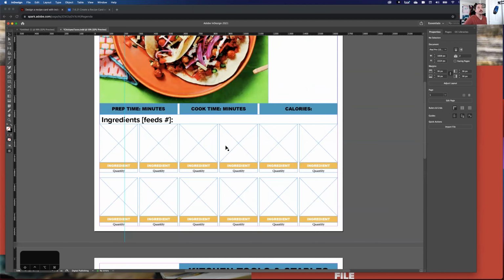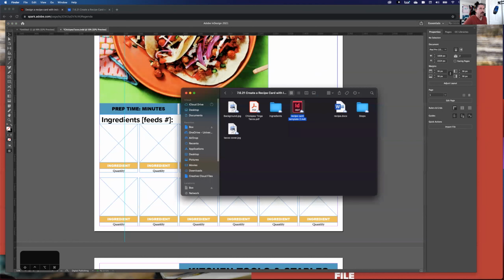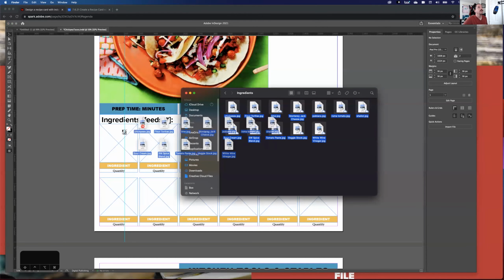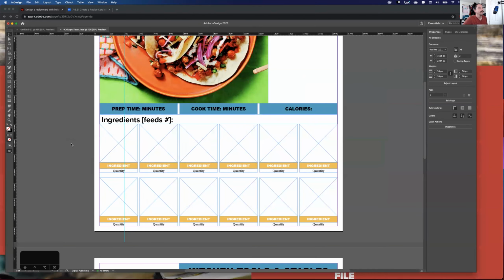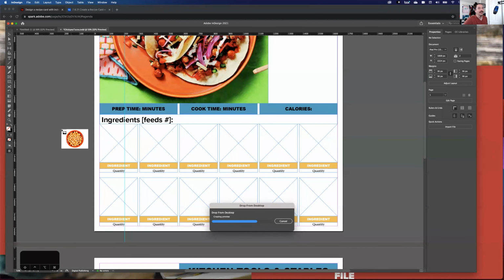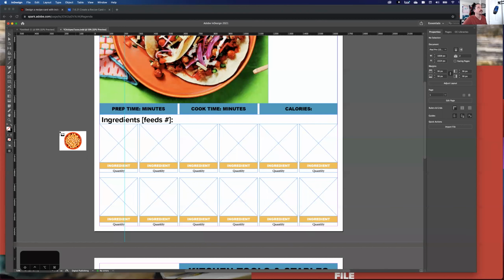All right, let's place some ingredients. So this is how I like to place things. I just grab them all. However you like to select everything, Command A, click and drag. And then you drag over to InDesign. And when you do that, sorry, I have to download my files. You'll get this place